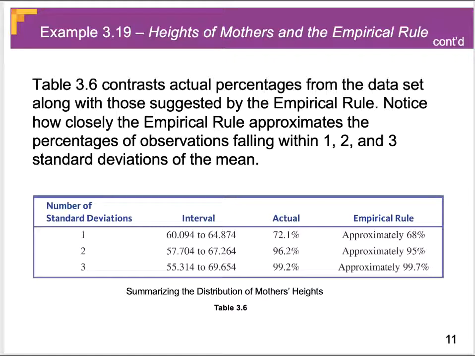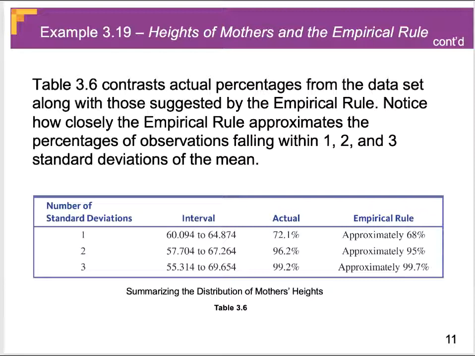When we go to 2 standard deviations, we would expect about 95% of the observations to be in that range. So here we start with the mean and we subtract the standard deviation twice to get that lower value 57.704 and add the standard deviation twice to get 67.264. While we expect 95% from that empirical rule, we actually saw 96.2, but again that was pretty close to what